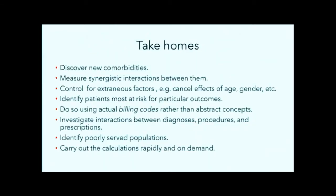So just a few take-homes here. We've been developing this infrastructure to allow us to discover new comorbidities, as I've shown you here today. This Bayesian belief network provides an easy means to measure synergistic, antagonistic, and also additive interactions between them. We can easily control for extraneous factors, such as adding or cancelling the effects of age, gender, race, etc. We can identify patients most at risk for particular outcomes based on their medical history